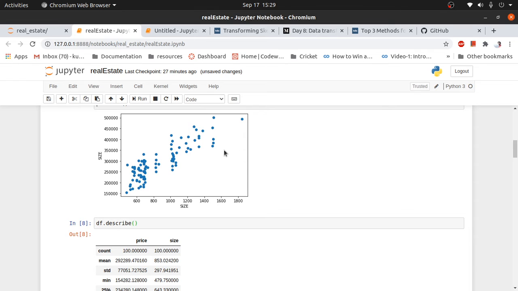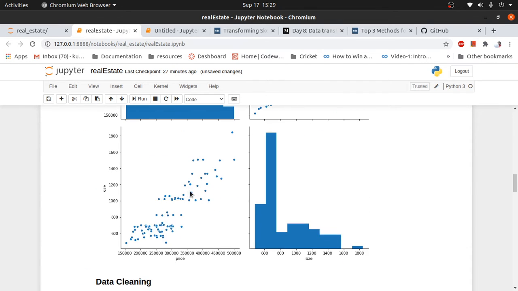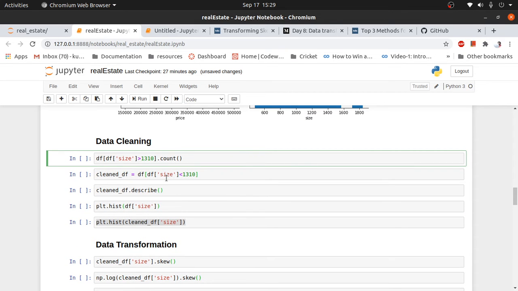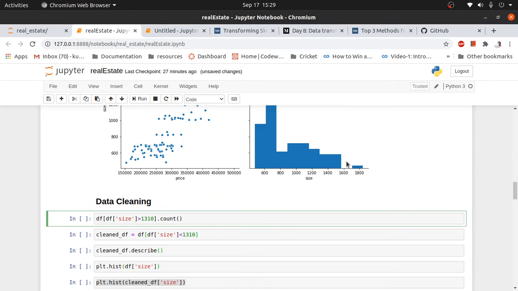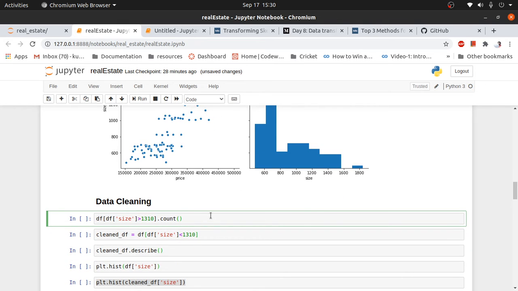What we can infer from this: obviously with 100 samples we can increase our sample size, otherwise we can also do some cleaning. So I tried to remove anything above a certain level. First of all I tried a bunch of values.